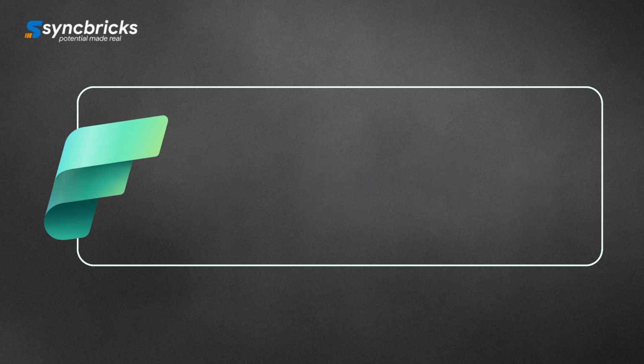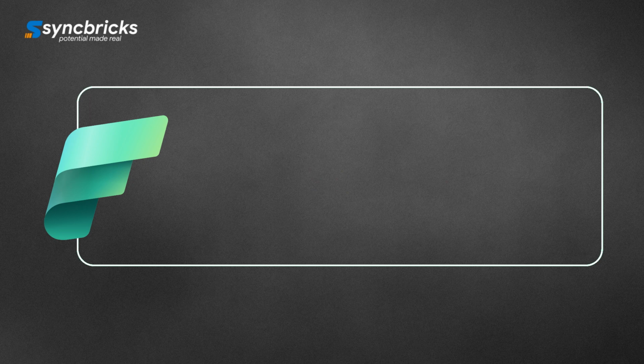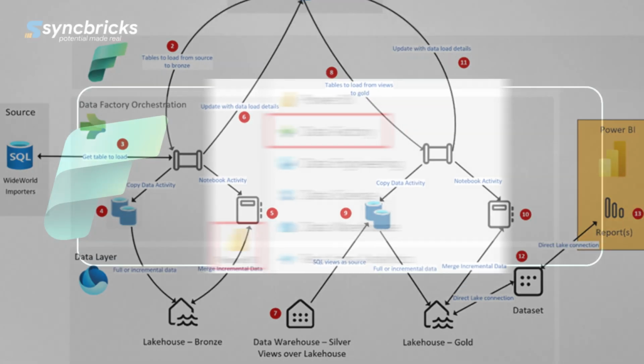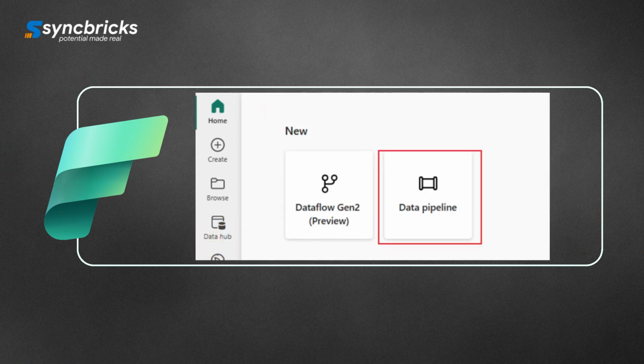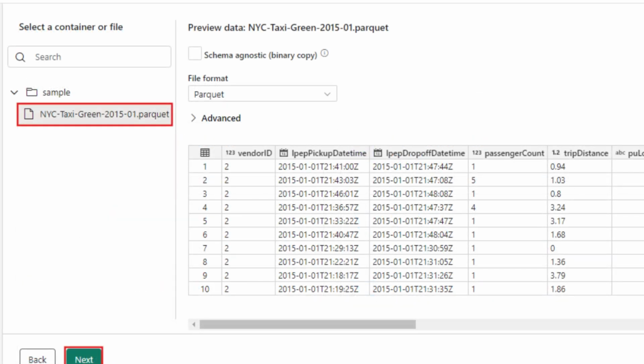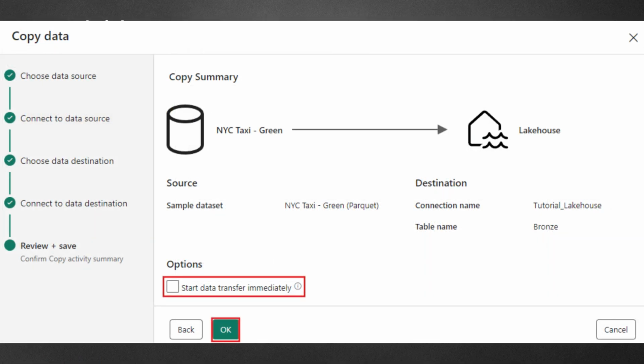Let us talk about some of the key features of Microsoft Fabric. First of all, the data pipeline. Microsoft Fabric simplifies data movement with its drag and drop data pipeline builder. You can easily connect to various data sources, transform and cleanse data, and load it into the lake or the